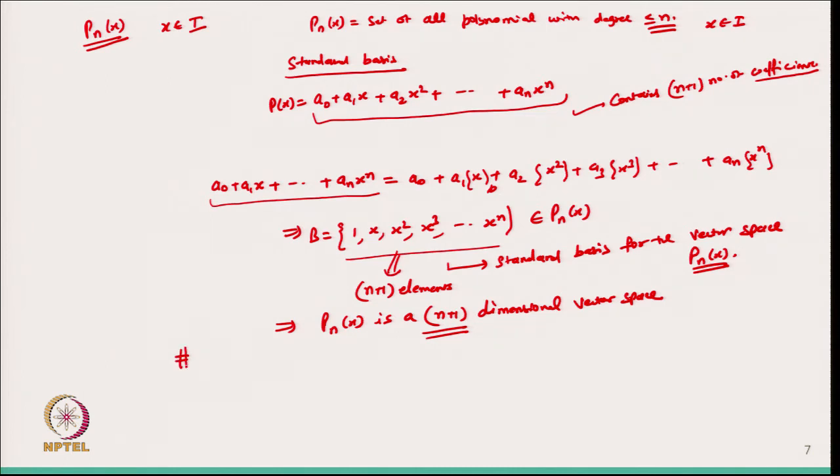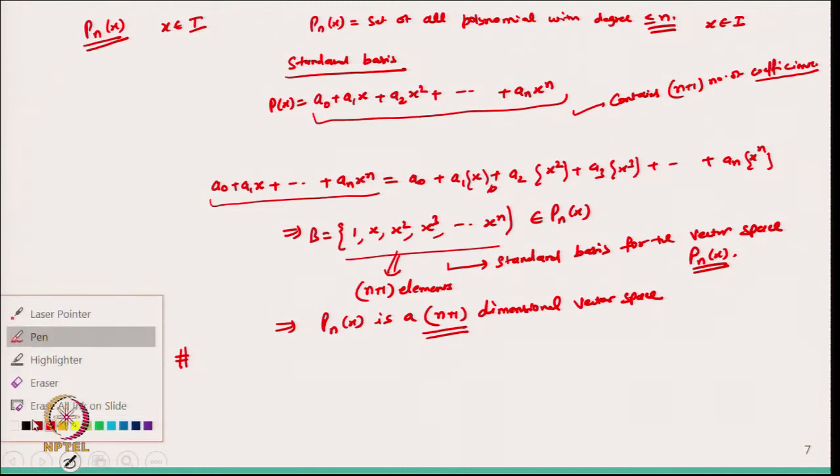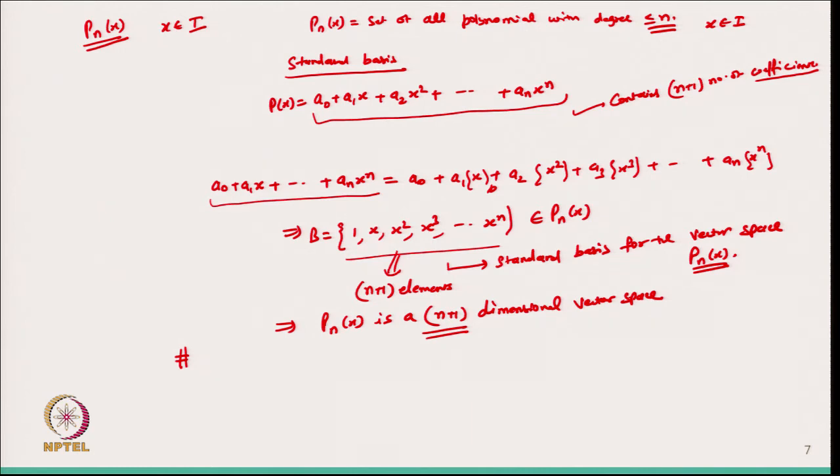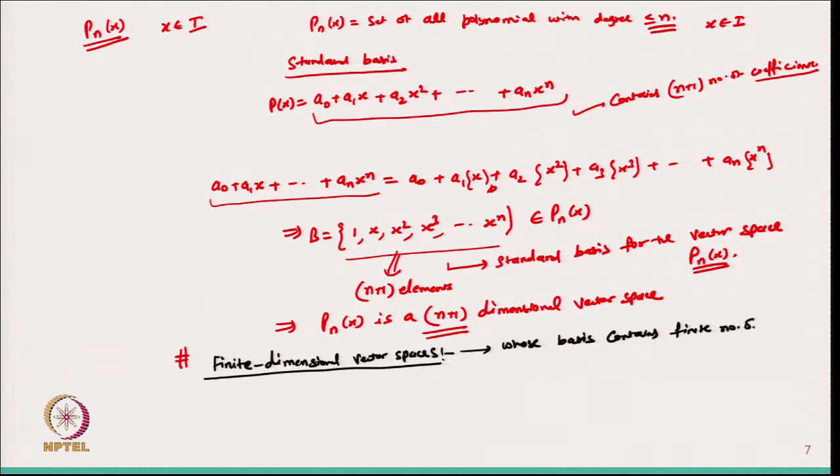Now, from here I can define the terminology finite dimensional vector spaces, where the basis contains a finite number of elements, like we have seen Vn and Pn(x), like this one, and another is infinite dimensional,